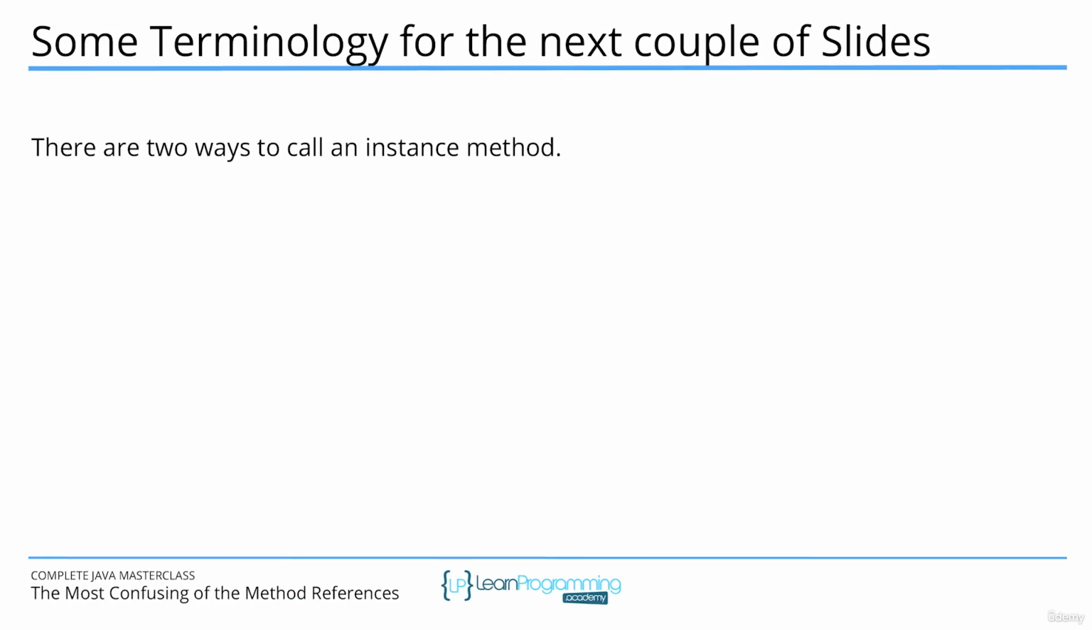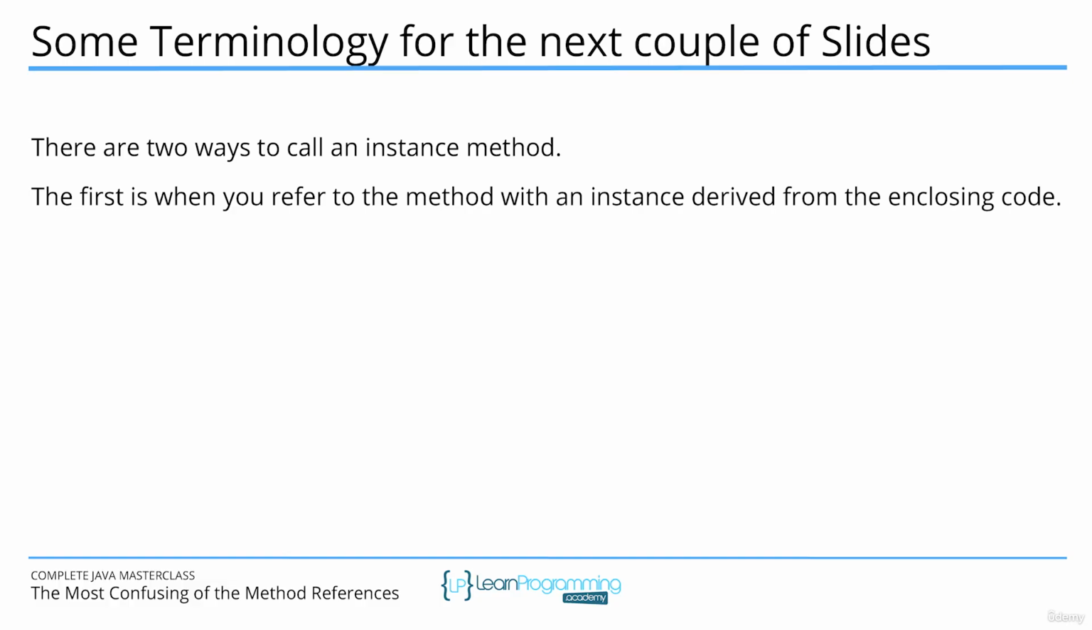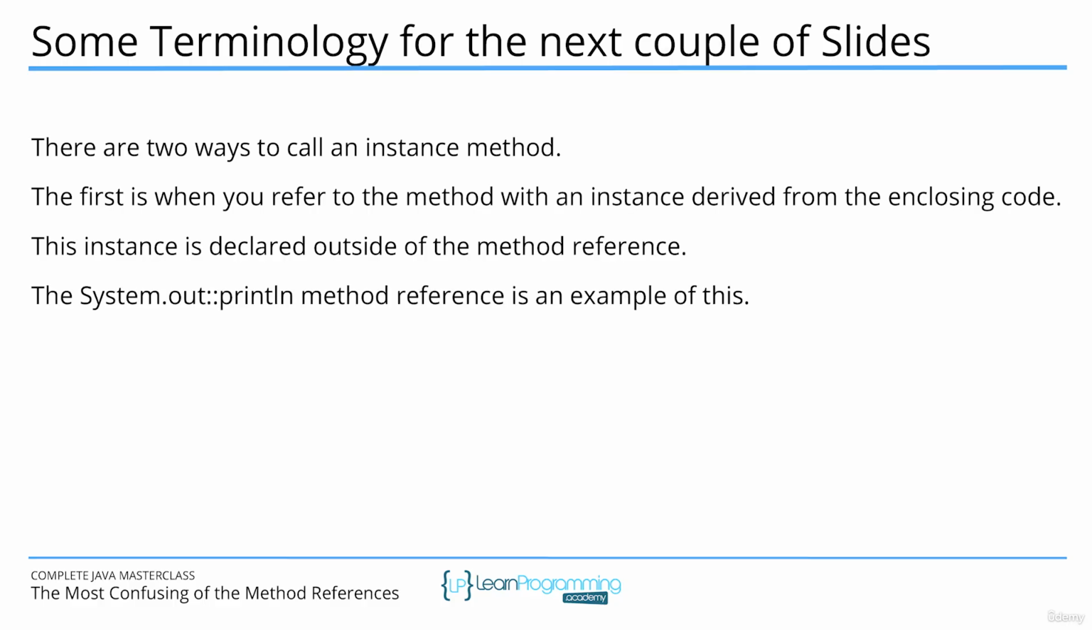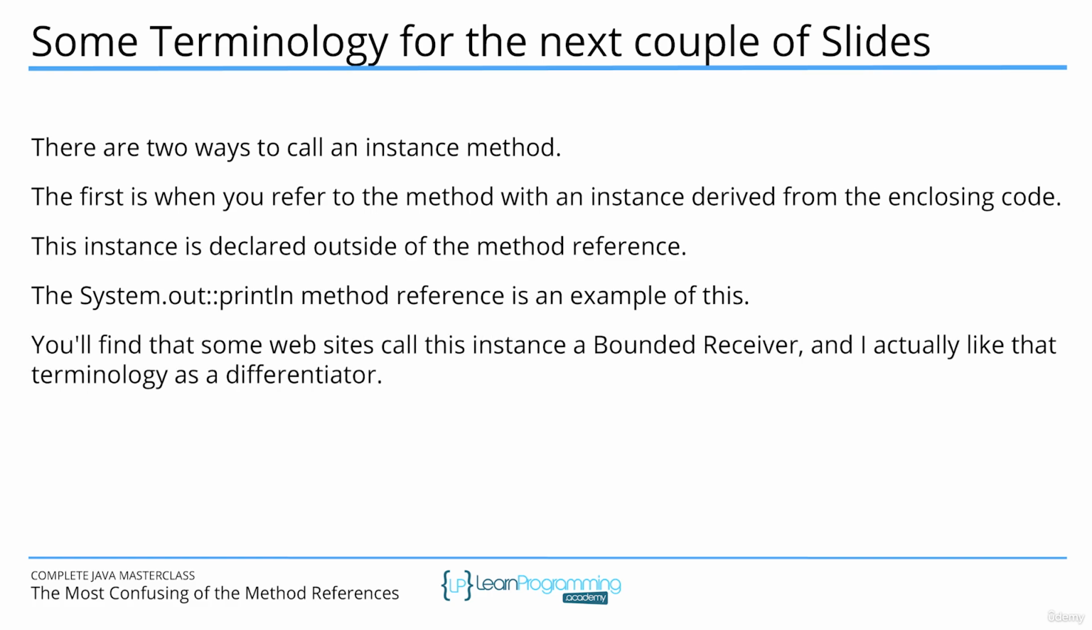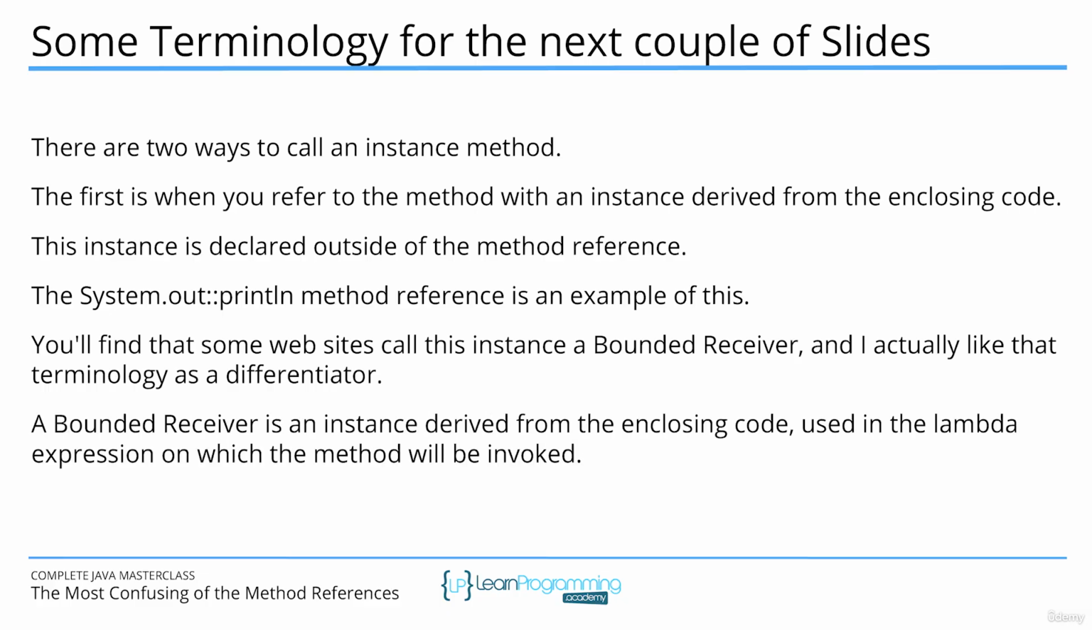There are 2 ways to call an instance method. The first is when you refer to the method with an instance derived from the enclosing code. This instance is declared outside of the method reference. The System.out::println method reference is an example of this. You'll find that some websites call this instance a bounded receiver, and I actually like that terminology as a differentiator. A bounded receiver is an instance derived from the enclosing code used in the Lambda expression on which the method